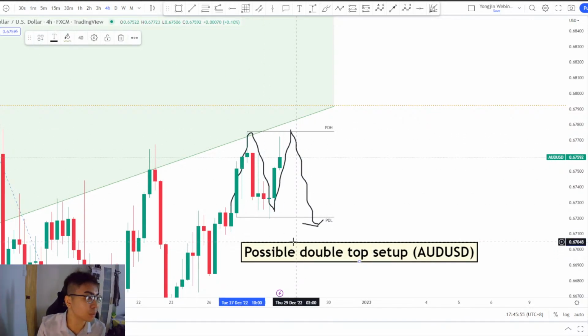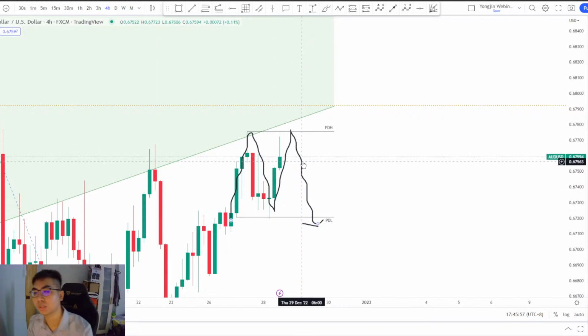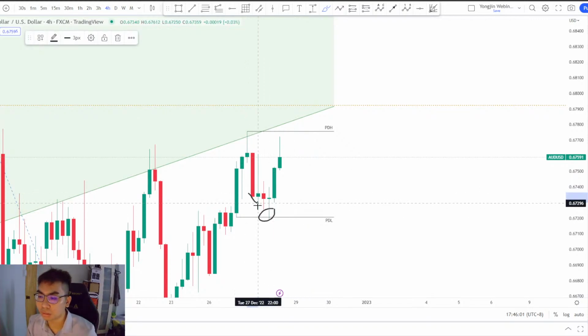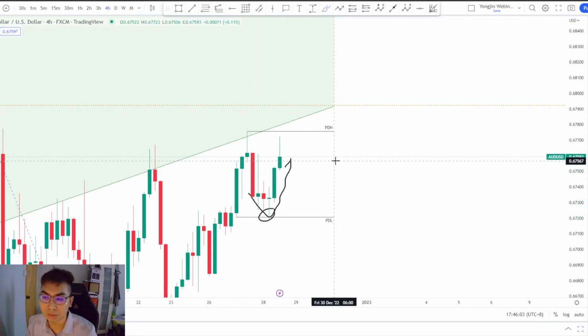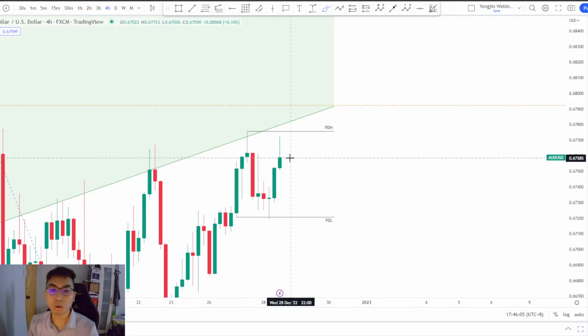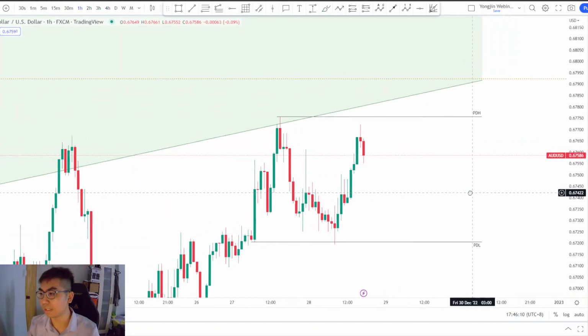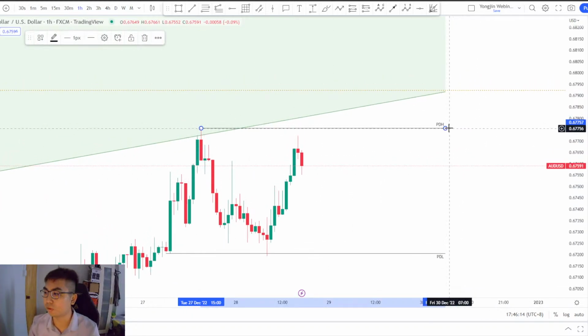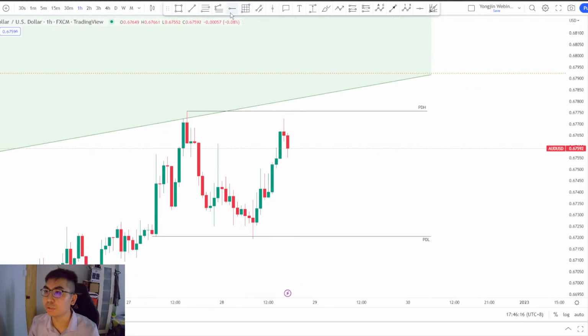Let us look for a possible bullish setup. Since price has already cleared the previous daily low, causing quite a big reaction to the upside, it's almost maybe three white soldiers. Maybe you can see on the 1 hour there isn't any. So possibly what we can look out for is for price to retrace back down